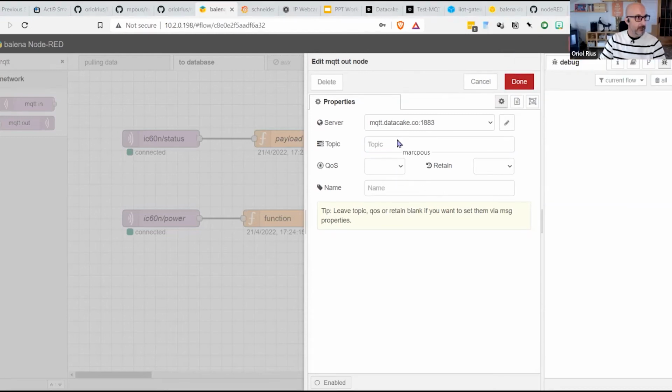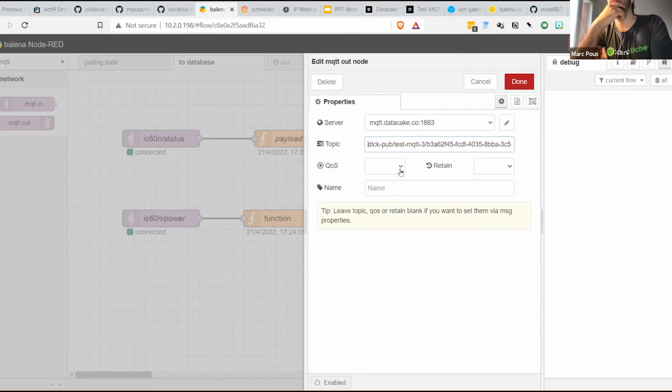I have it here. Okay, you have it? Okay, fantastic. Yes, don't worry. So just paste it. Yeah, this is the topic. In this case, it's the power. So instead of test, just call it power. Yeah. At the end of the topic, we have the field value that we are gonna